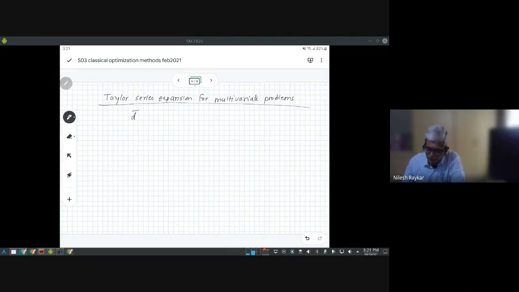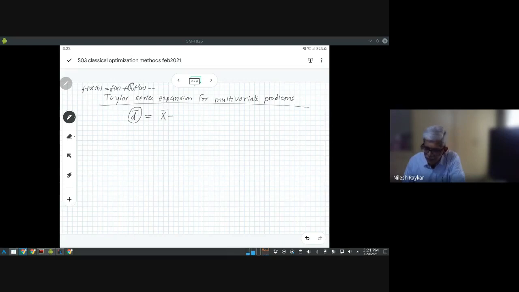In the single variable case, we have f of x plus h equal to f of x plus h into f dash x, and so on. This h term is replaced by a vector term here, because you can have variation in different directions, in the x1 direction, x2 direction, and so on. So that is d bar. Instead of h, we have a vector d bar, and this d bar is defined as